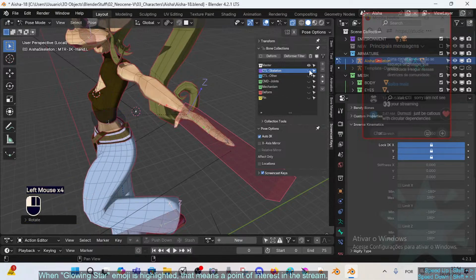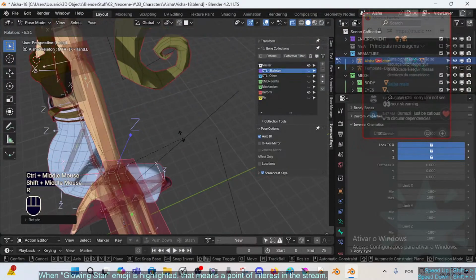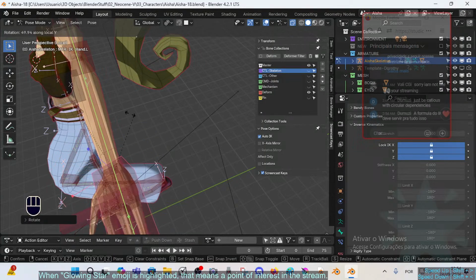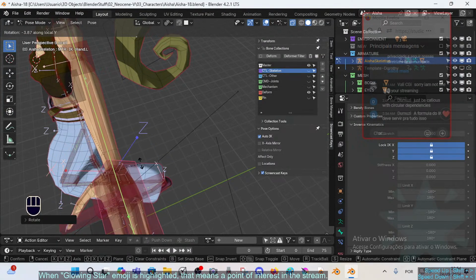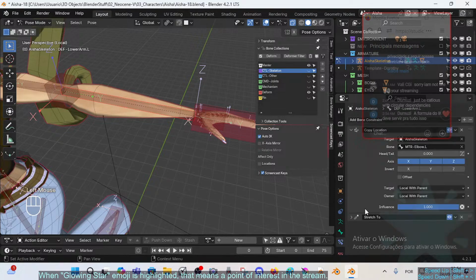Probably we can have some, it's low poly, right, so it might be hard to see. Apparently we have some twisting. I don't know how this is happening, but this is not good twisting anyways, right? Can be better. So just maybe turning this into a bendy bone, then, or not, yeah, probably a bendy bone, and then using the